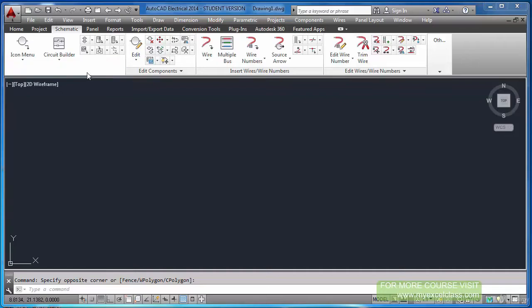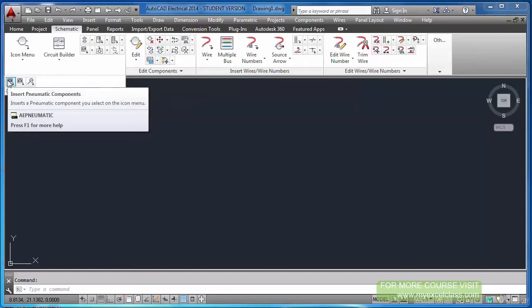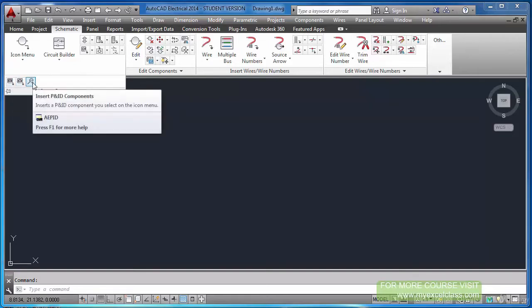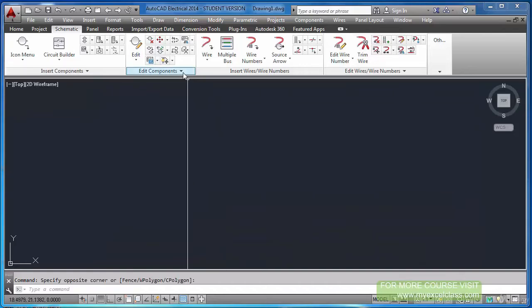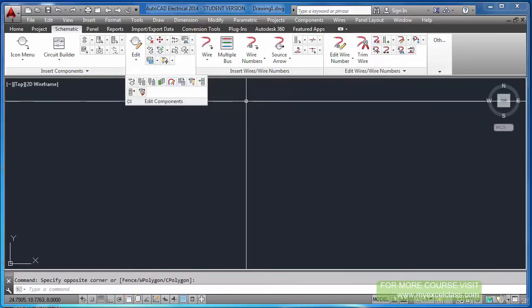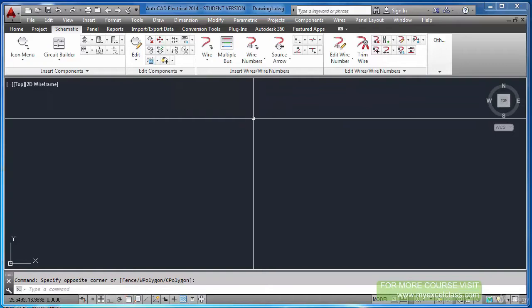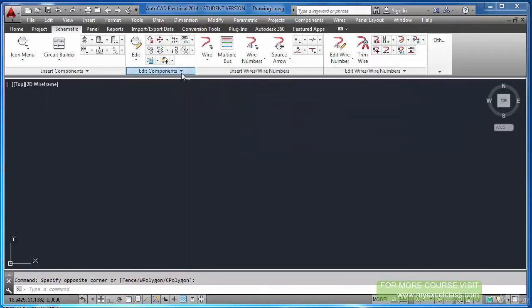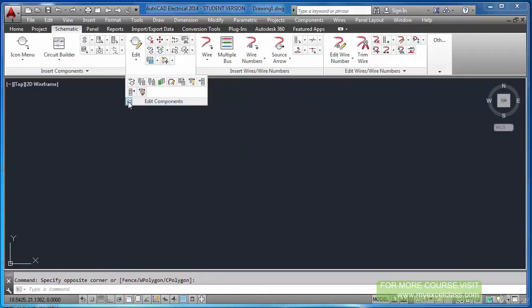If you click this insert component, here you can see a few commands: insert pneumatic components, hydraulic components, and many functions you can find here too. Once you click outside that, it goes off. If you want to keep it on, this is a pin. Normally we used to pin papers on boards.